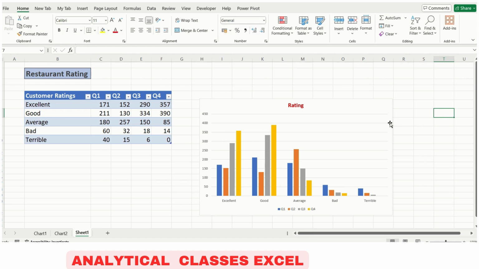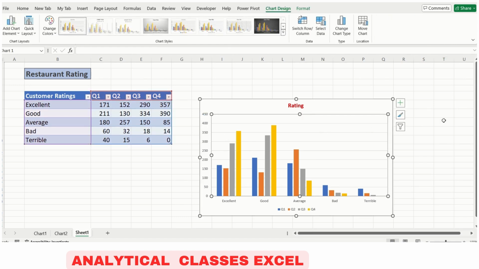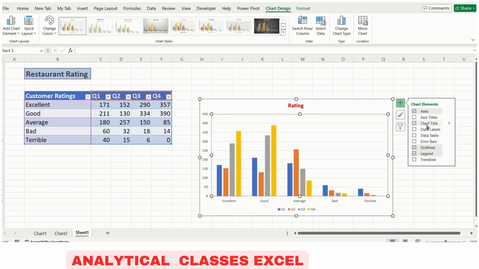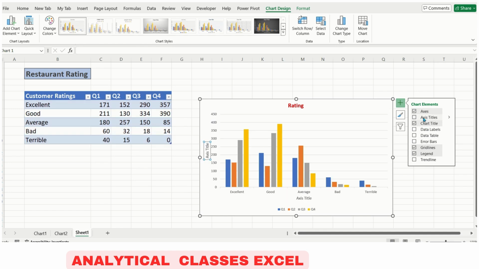As you click on this chart, you can see these types of icons appearing on the side of the chart. From the plus icon you go to these chart elements. Axes: if you want the axes, it will be ticked, so it is coming. If you untick it, they will go. It is better to keep axes because they give a clear picture of what things are placed on the axes. Axis title, so if you want the